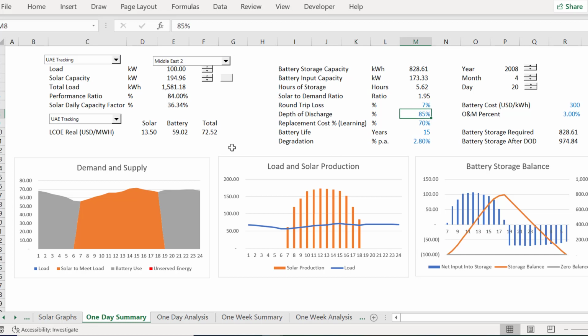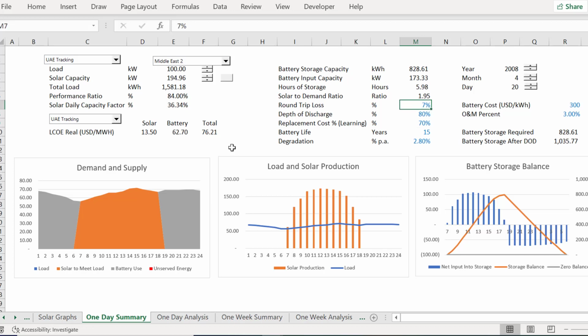And then this depth of discharge, I even have that one in. If that's 100%, we can go all the way down. We get a lower cost, but if we have to put a battery in, we have to put a bigger battery in because we can't take it all the way down. And when we measure the kilowatt hours of potential storage, if the potential storage includes a depth of discharge that we can never go down to, well, that increases the cost. So that's a pretty big one.